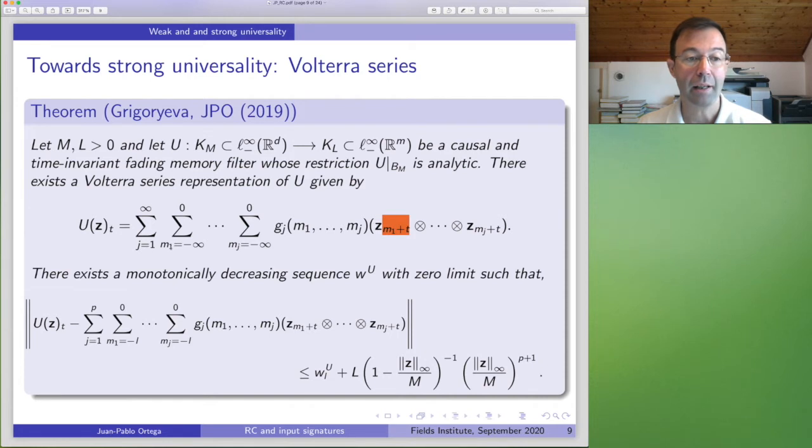The higher the m is, or the lower it is, the more in the past you go. And then the j tells you how many of those you have. So that tells you basically the degree of the polynomial approximation that you are using in this Taylor expansion. Now I go back to this strong universality idea. Here you have some sort of strong universality, because look at the truncated expansion.